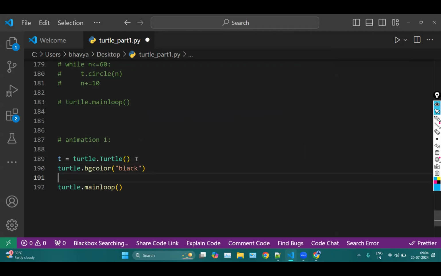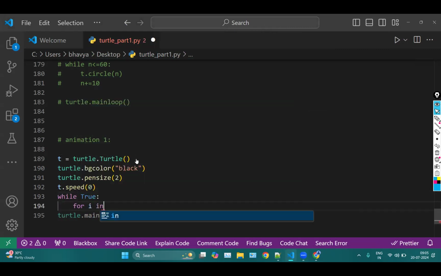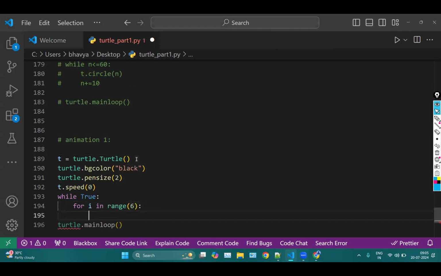Then we can set a pen size for the turtle. Let's say 2. Then we can define the speed to 0, a very minimum speed. Then we will run a while loop, while True, because we want the iteration to continue. So we will run a for loop inside the while loop, for i in range. We want to run this 6 times. Okay, and here we can define the colors. For colors